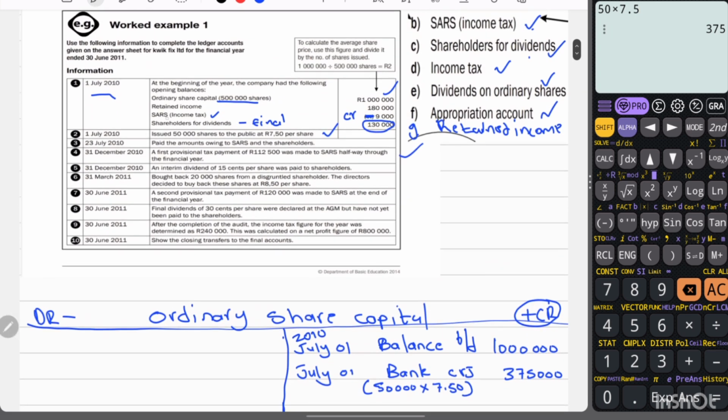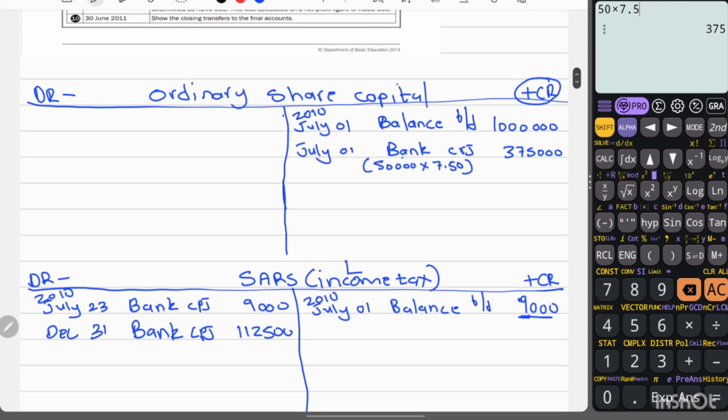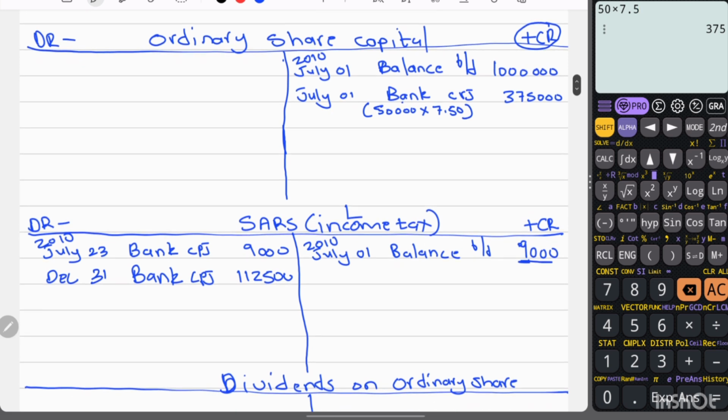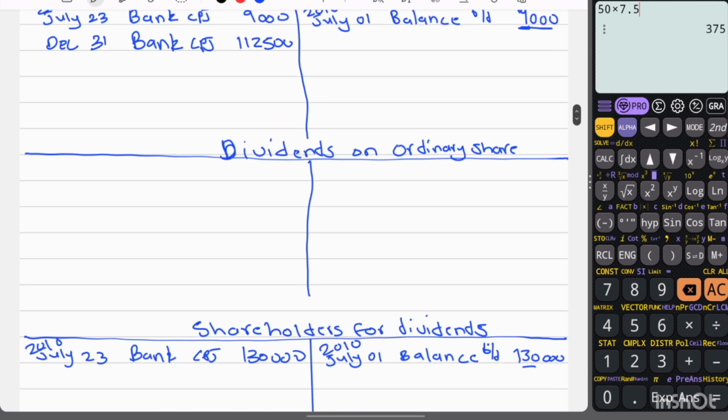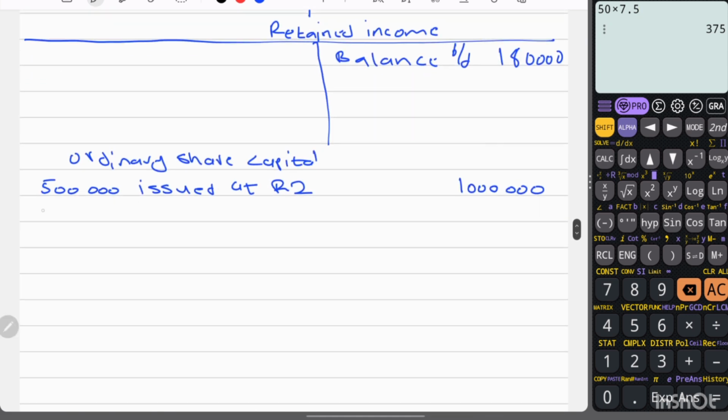All right, here we are given the number of shares, which is 500,000. We are also given the total amount for these 500,000 shares. So when you divide 1,000,000 by 500,000, you are going to get R2 per share. That way I got that information, and then I'm done with this one. And then remember, 50,000 shares were issued during the year. Then I'm going to write here 50,000